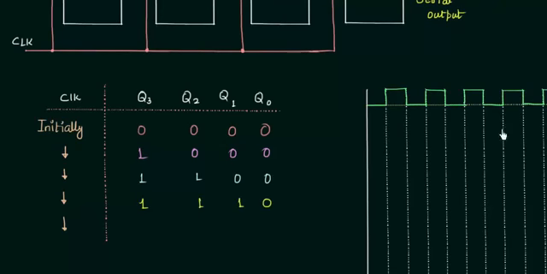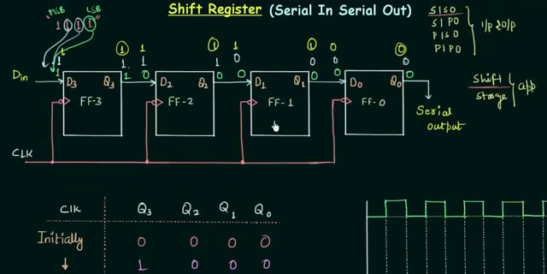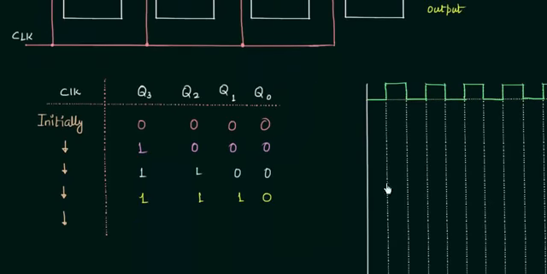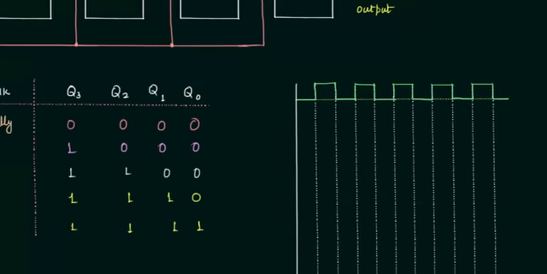And in the same way, I have to introduce the last bit, that is our MSB 1 to D3, so that we have 1 1 1 1 stored in the shift register, and for that the output will be 1 1 1 1. You can do it easily. So this is the complete table for the shift register, in which I want to store 1 1 1 1.